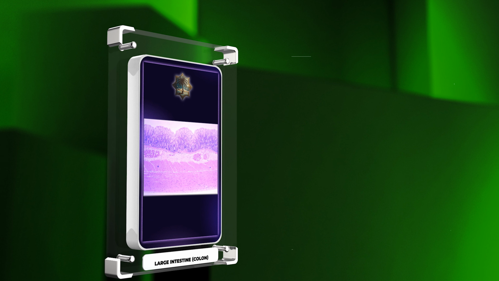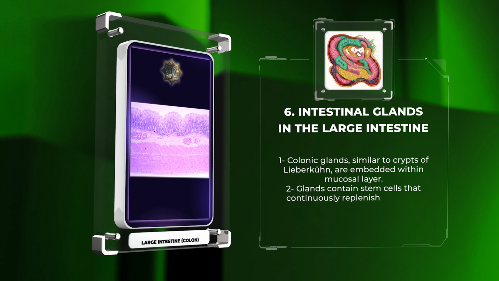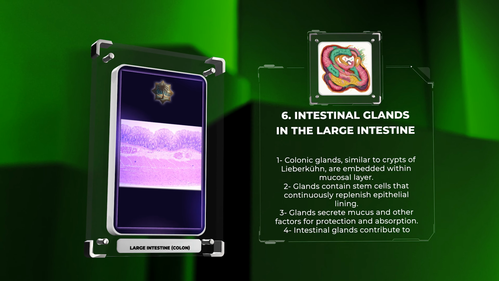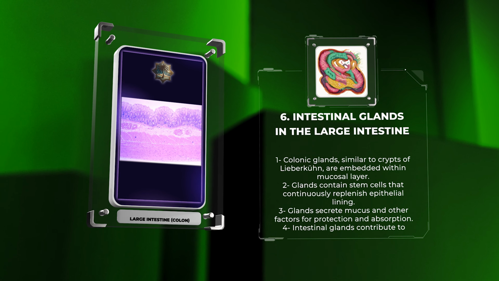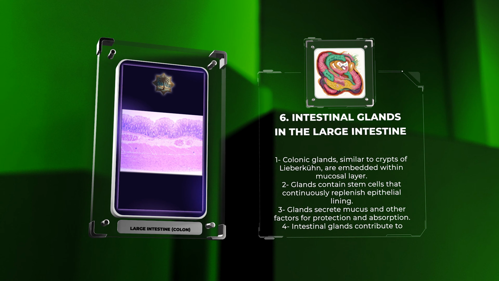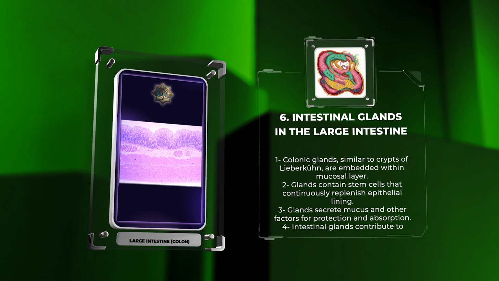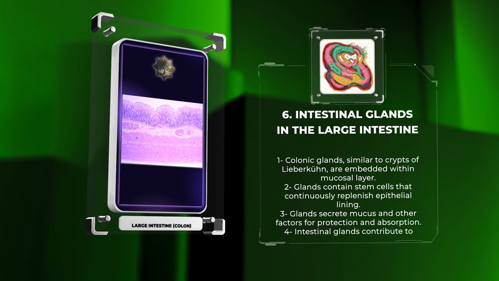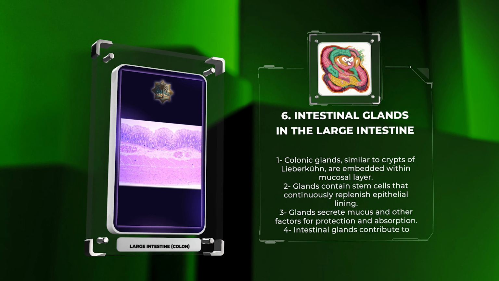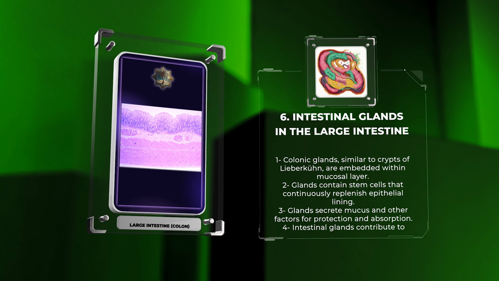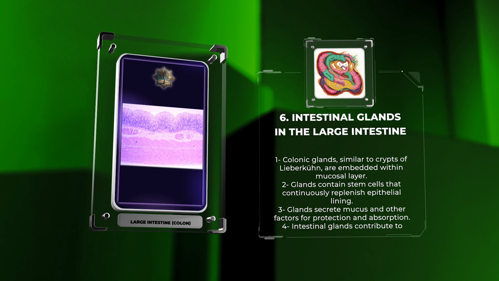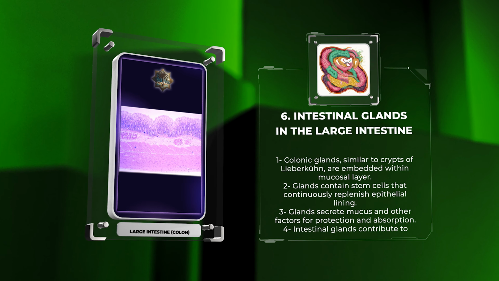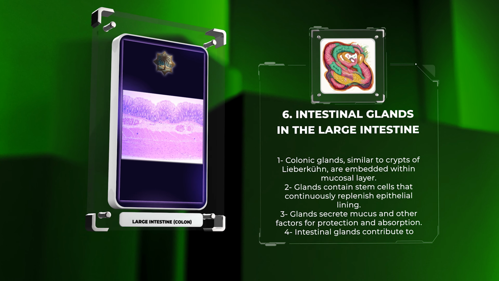Intestinal glands, also known as colonic glands or crypts, are embedded within the mucosal layer of the large intestine. These glands are structurally similar to crypts of Lieberkühn and play important roles in colonic function. They extend deep into the lamina propria and contain stem cells that continuously replenish the epithelial lining. The glands secrete mucus, antimicrobial peptides, and other factors that provide protection against pathogens and maintain the integrity of the colonic mucosa. Additionally, intestinal glands contribute to the absorption of water, electrolytes, and nutrients, ensuring the proper functioning of the